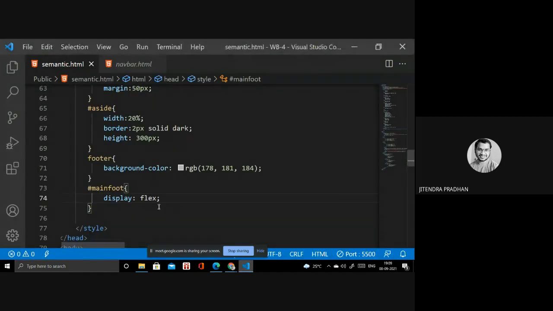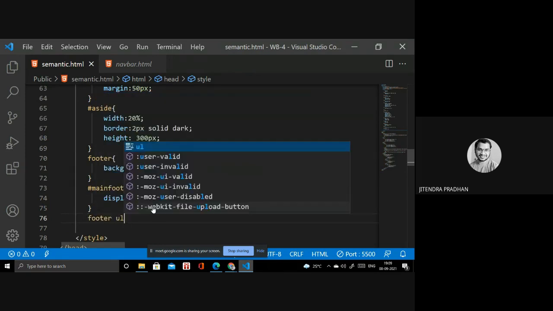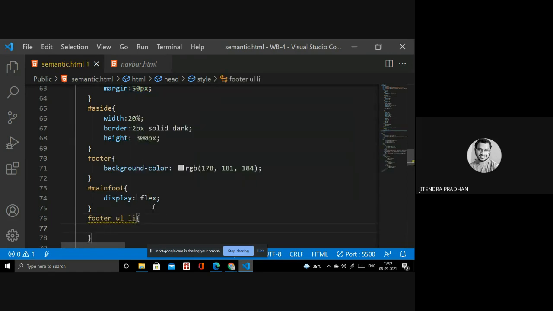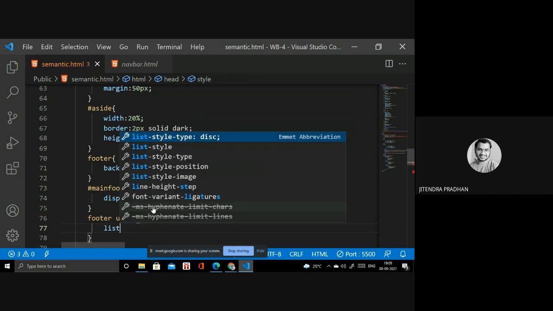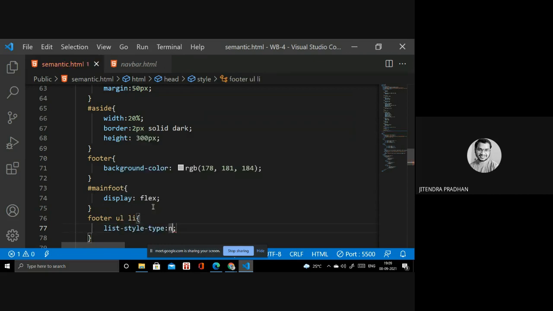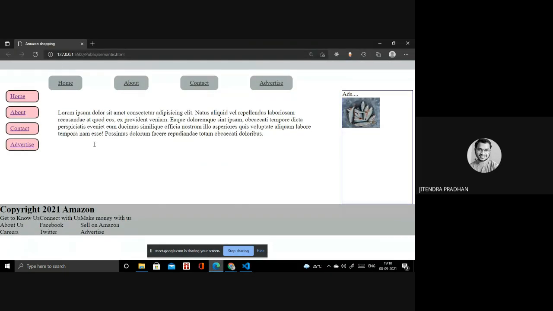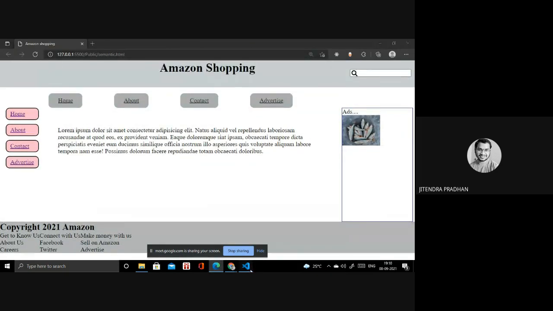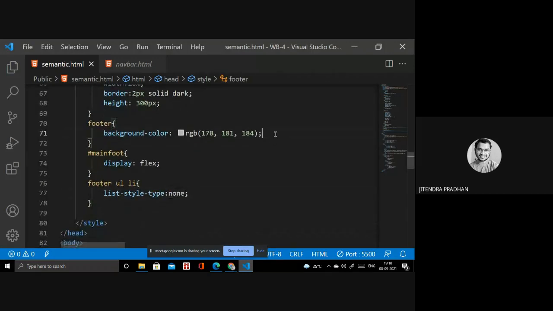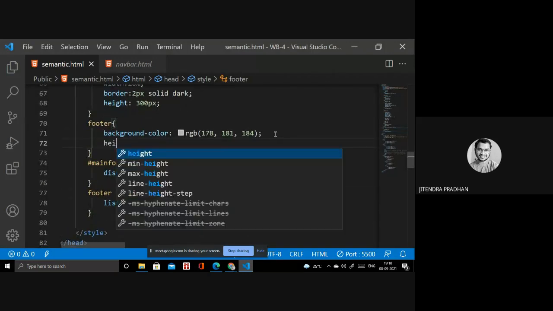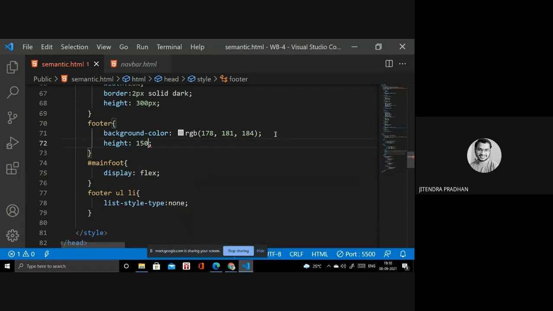So you have to write main footer. Inside you have ul li. What are the ul li? You need to set the list style. List style type, you have to write none. Okay, done now. So let's do something great inside that, height like 150 pixel.